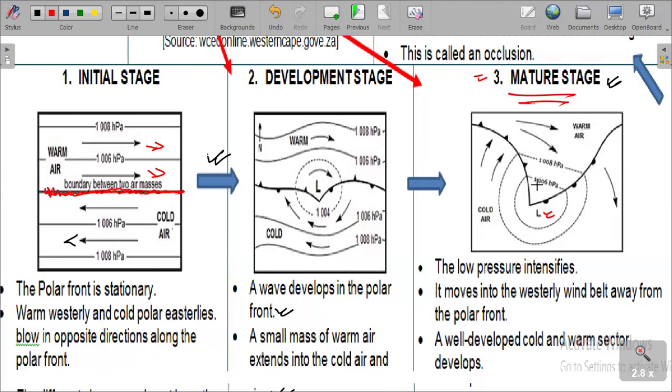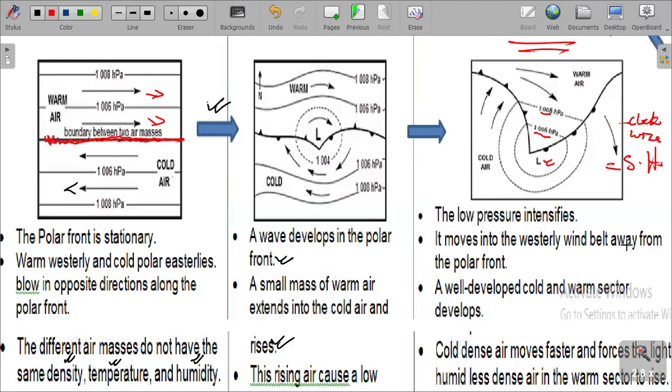And you can see the pressure reading, which is now 1060, 1080, and then we can go up to 1010 going upward out there. So what is happening is the air is moving in a clockwise motion. This identifies that it is the southern hemisphere, which is shown by the air masses that are moving. This is a clockwise movement that is being shown there. You understand? So the low pressure intensifies, it moves into the western belt away from the polar front, and